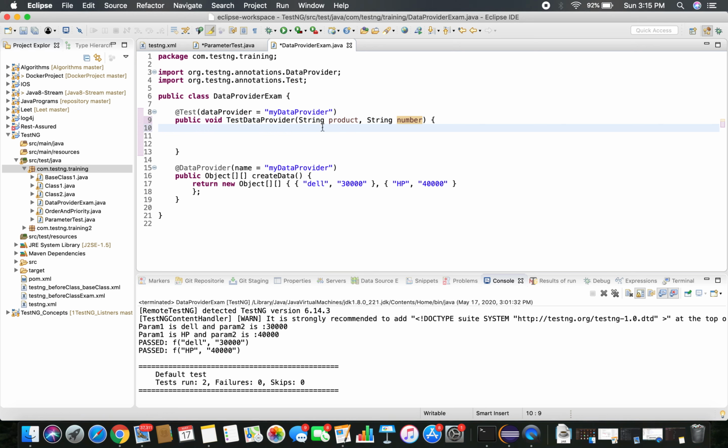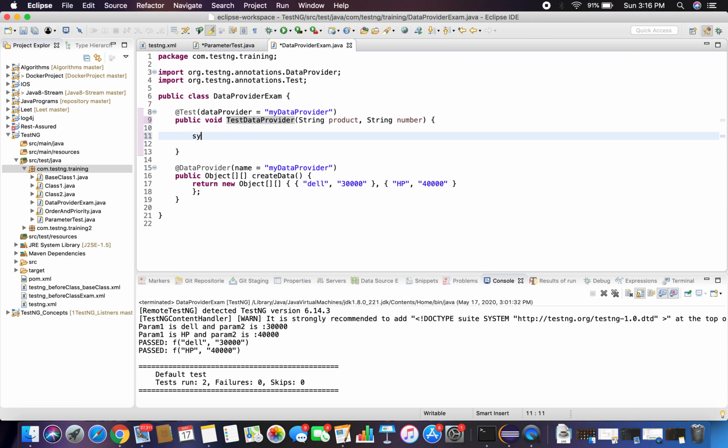Make sure the number of parameters you are adding matches the number of elements in the array. Otherwise you will get an exception. I will show the exception also. And let us print that product and some number.